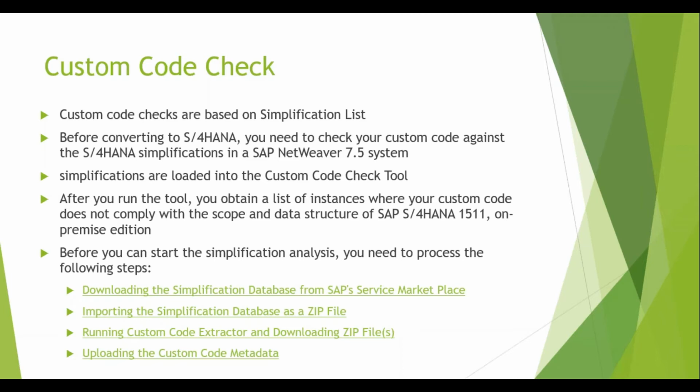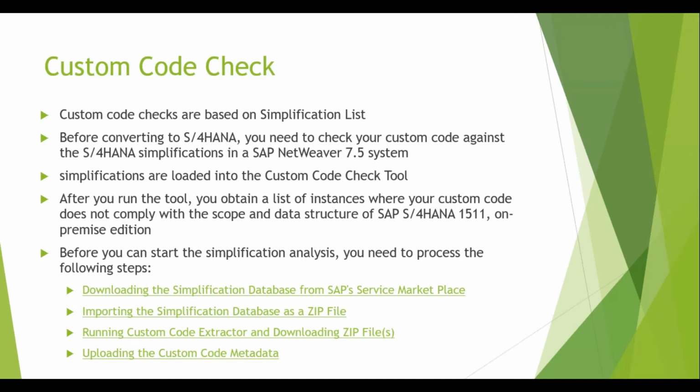maintenance planner and custom code checker are available from the 1610 point of view, right? As I told you, the simplification database for 1511 and 1610 is completely different. So if you are running the maintenance planner report for 1610 against 4.7, there is no benefit, because you are not going to perform that upgrade at all.